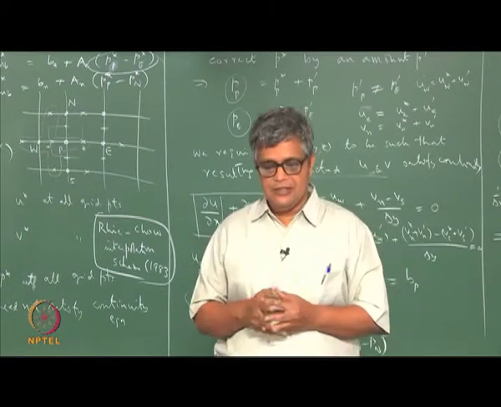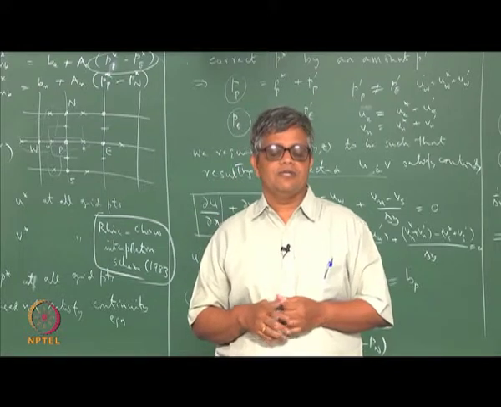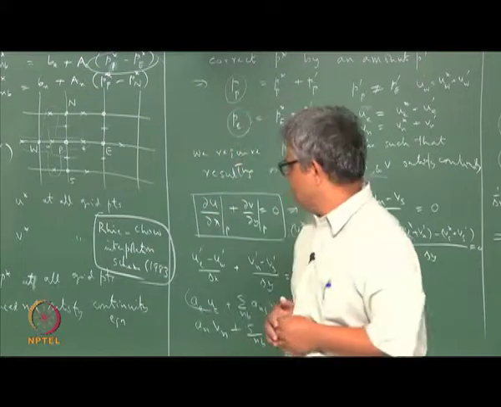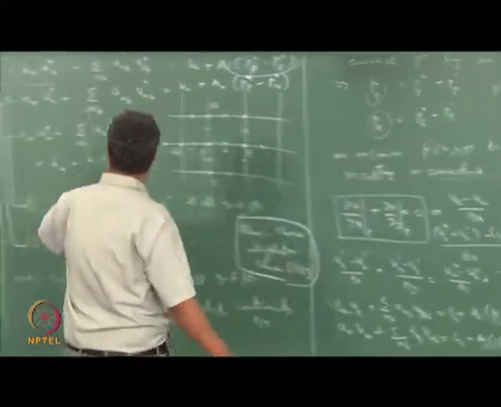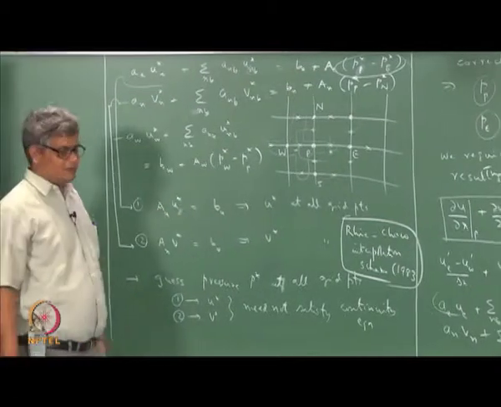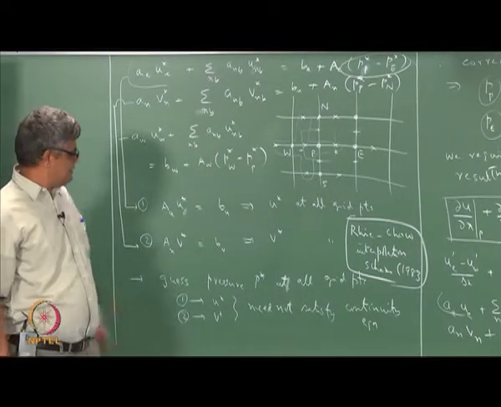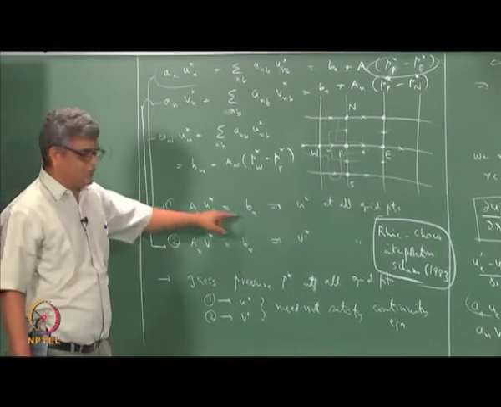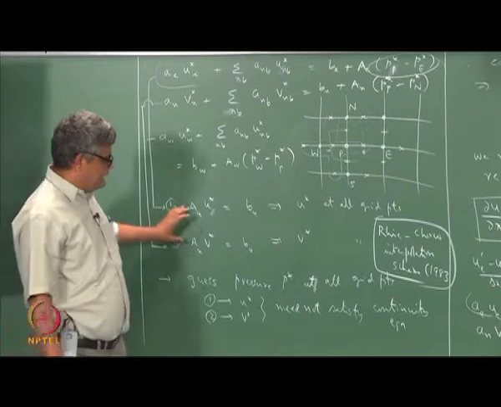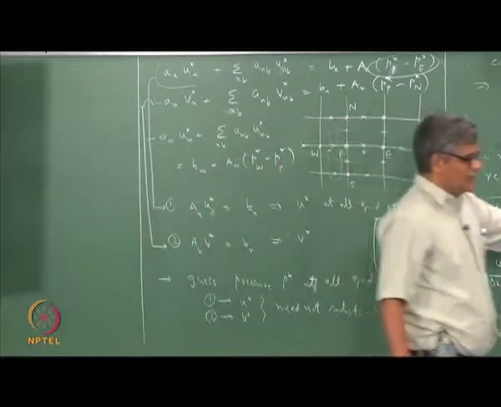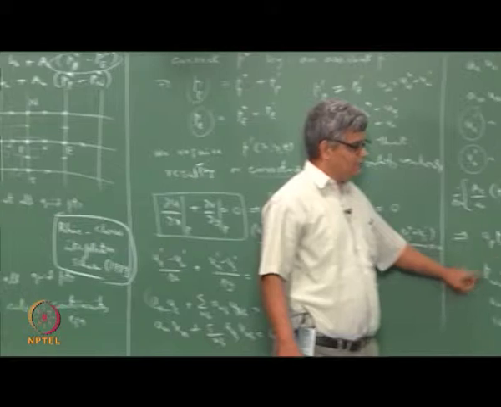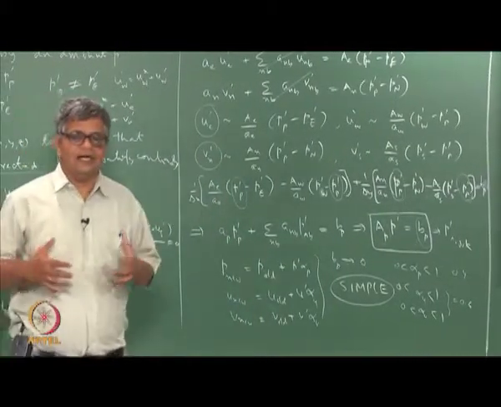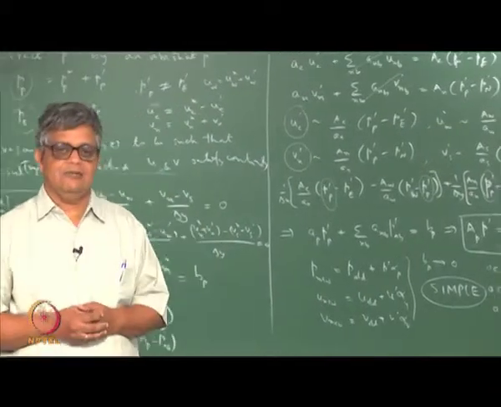Okay. Now from the next class onwards, we will go into another aspect of CFD, which is how to solve these Ax equal to B type of equations. And we can see that in this simple method itself, for the 3 equations, we have to solve Ax equal to B type of equations 3 times, and this is only for one update of the pressure and velocities, and we have to do it many times before we can get a solution. So we have to have an efficient method for the solution of Ax equal to B.